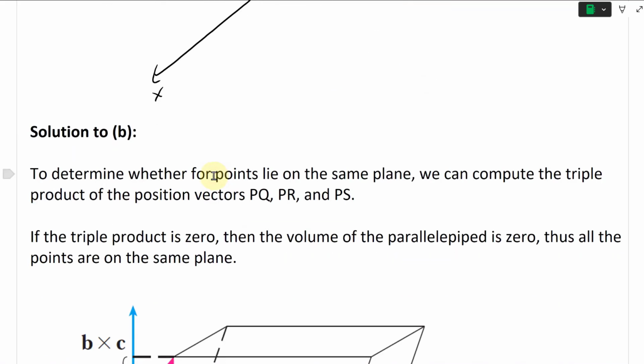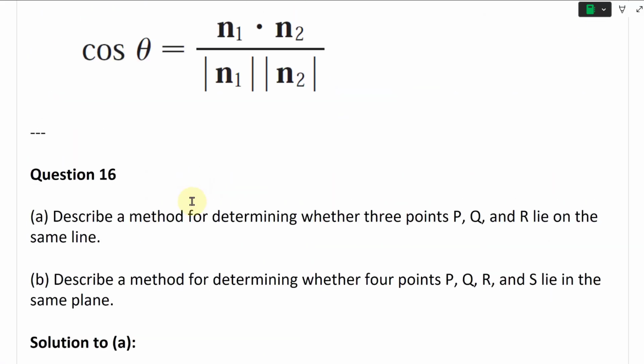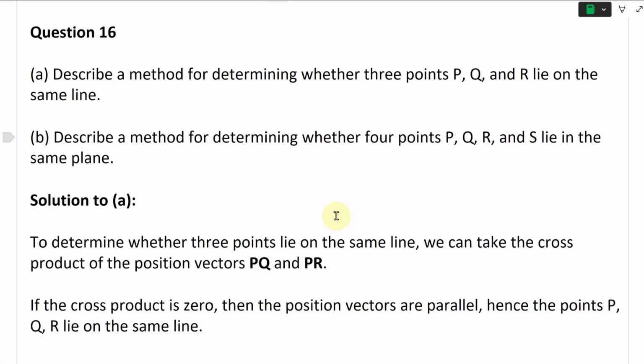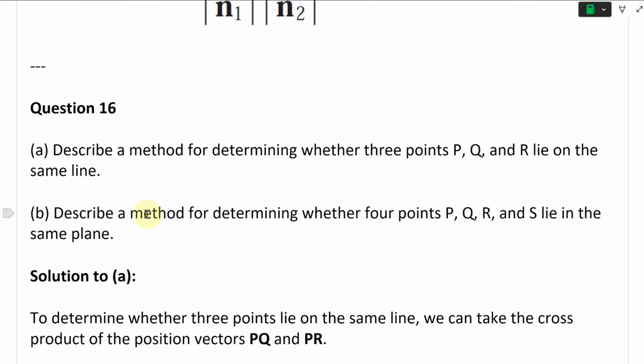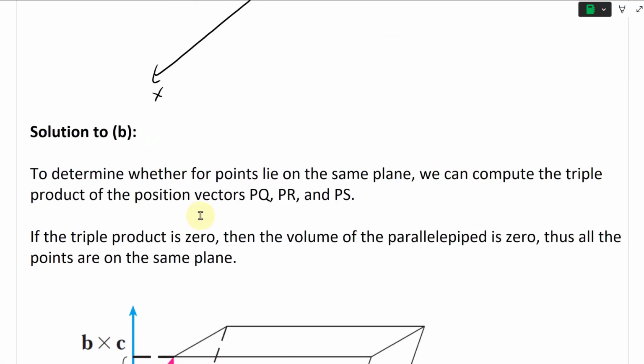All right, and now let's take a look at the solution to B. B was asking, describe a method for determining whether 4 points P, Q, R, and S lie in the same plane. So, same plane. So let's go here. The solution to B: to determine whether 4 points lie in the same plane,